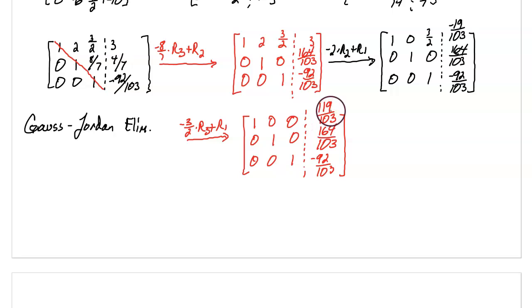119 over 103. This process took a long time, and because there were fractions in the problems, it made it even harder to understand. So you might wonder, why would anybody ever want to do Gaussian elimination or Gauss-Jordan elimination? And the reason is because your graphing calculator can automatically do these processes. But your graphing calculator cannot automatically solve a system of equations when the letters x, y, and z are in